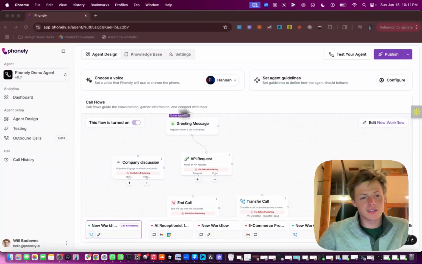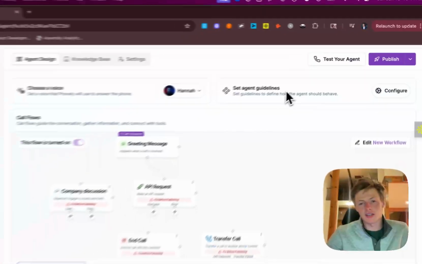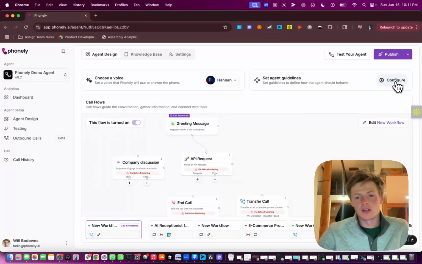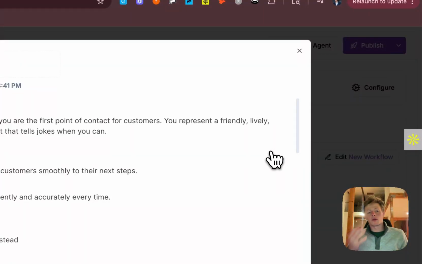So first off, to get to the agent's guideline tab, you just simply click on Agent Design, and then you'll see the agent guidelines right up top here. To edit them, you can click on Configure, and let's talk through a little bit about what the agent guidelines